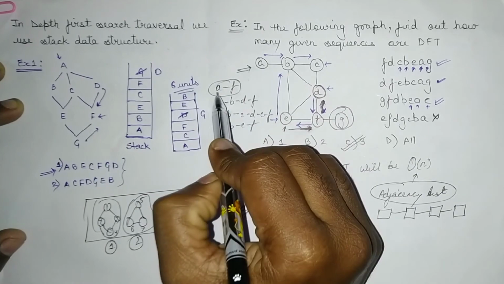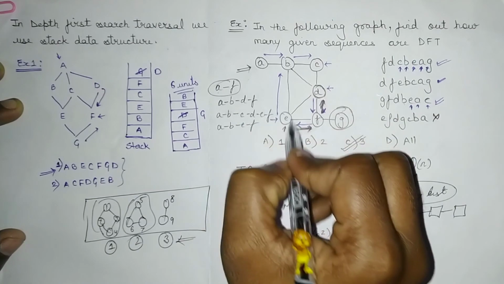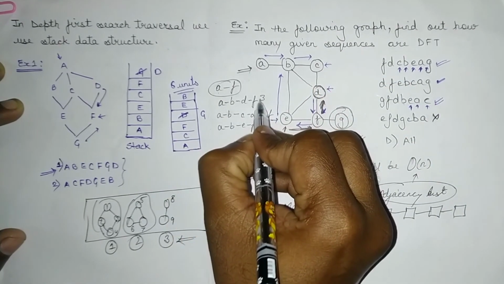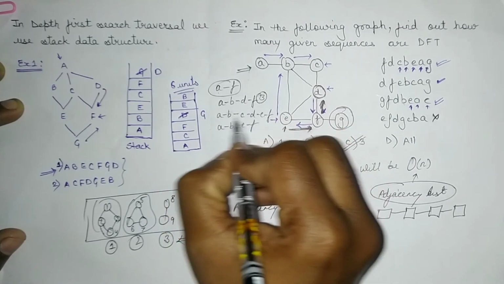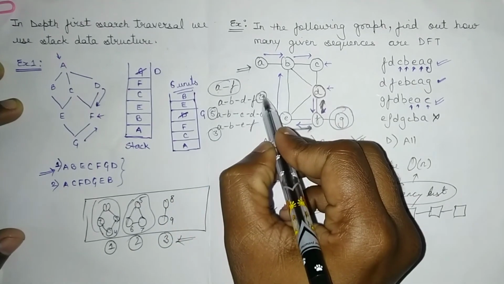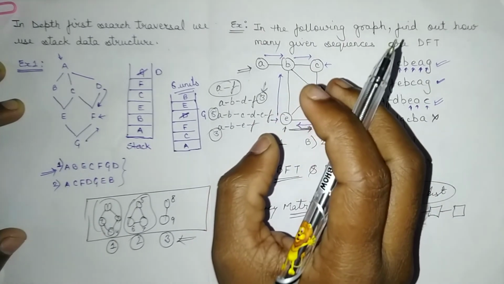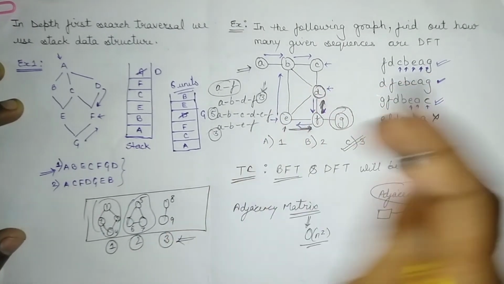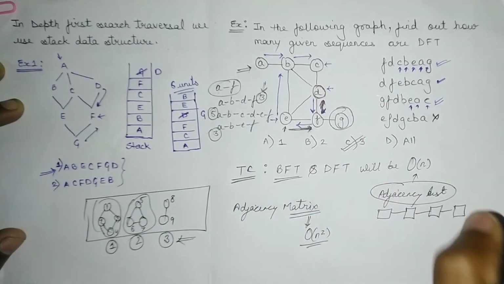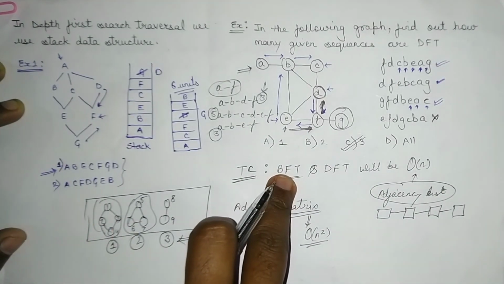To find the shortest path between A and F, you have to explore all the possibilities. Then among these possibilities, count the number of edges. Here I am getting 3 edges, here I am getting 5 edges, and here I am getting 3 edges. So what is the shortest path? The path with the minimum number of edges will be the shortest path. This is not possible using DFT because we are traversing in a depth-wise manner. So this is possible with BFT only. You can find the shortest path using BFT only.